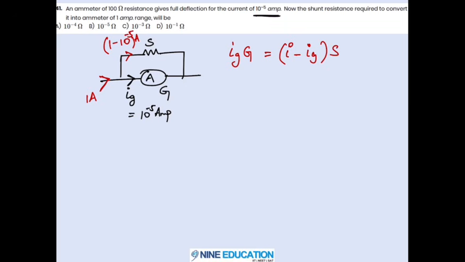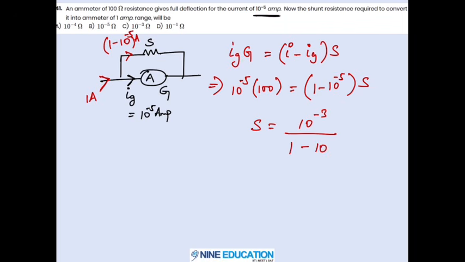As simple as this. So just substitute all the values given here. IG is 10 to the power minus 5, and G, which is the ammeter resistance, 100, original ammeter resistance, that is equal to I minus IG, which is 1 minus 10 to the power minus 5 into shunt S. Correct? So shunt is 10 to the power minus 3 divided by 1 minus 10 to the power minus 5,